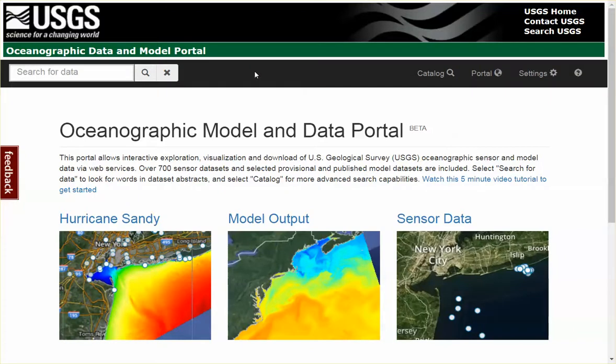Okay, this is a quick introduction to the Oceanographic Model and Data Portal. There's many ways to search data on here. You can search for words in the title or abstracts of data sets up here. You can go to a catalog and look through different categories like salinity, sea surface height, and things like that if you click there. Or you can use these categorical searches here to look for Hurricane Sandy data sets, model